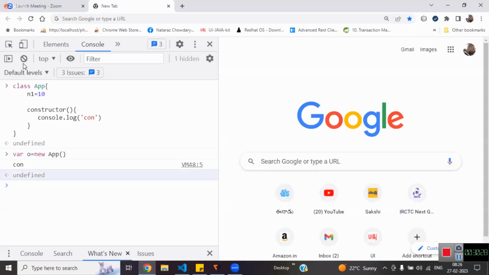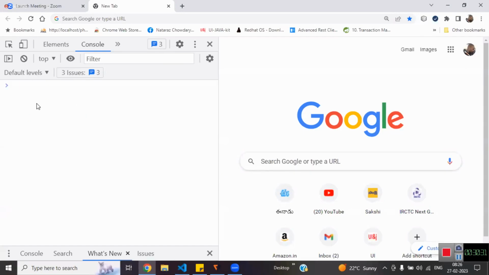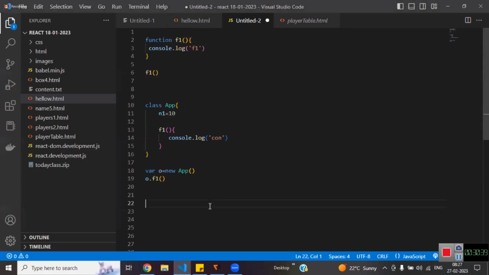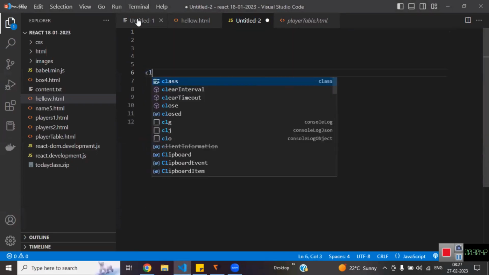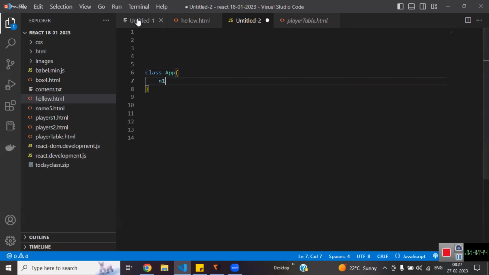Next, what is my constructor going to do? My constructor is going to allocate the memory and perform initialization. Okay, can anyone answer this question? I have app. My n1 equals 10. Listen carefully. Sum is there. In console.log, if you want to access the members of a class, what is mandatory? If you want to access n1 or sum,